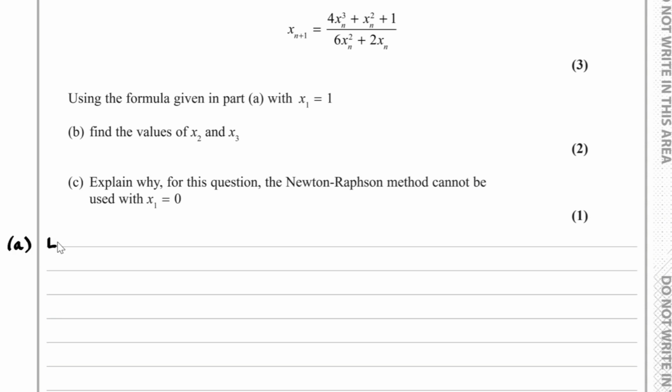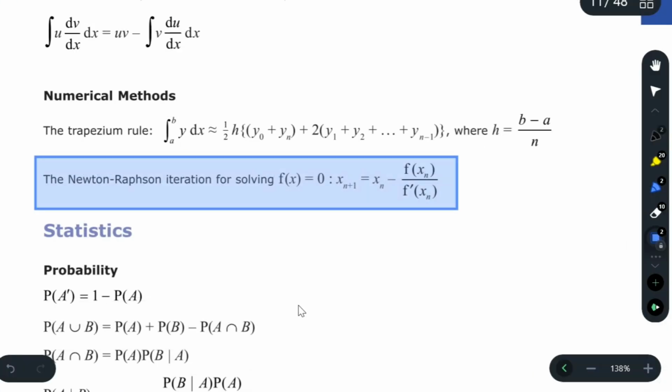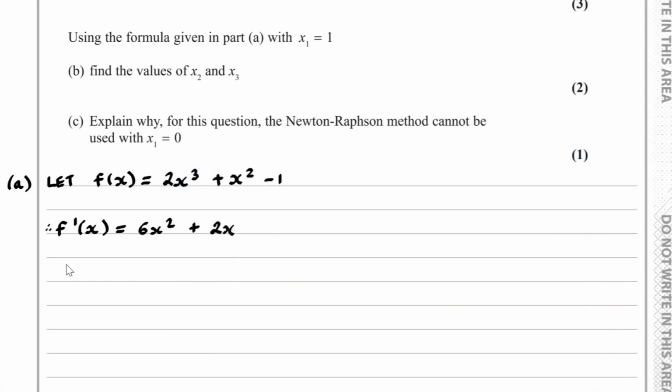So for part A, we begin by letting f of x equal 2x cubed plus x squared subtract 1. And so therefore, if I differentiate, I end up with 6x squared plus 2x. And using Newton-Raphson's formula, x(n+1) is equal to xn subtract f over f dash. So I subtract